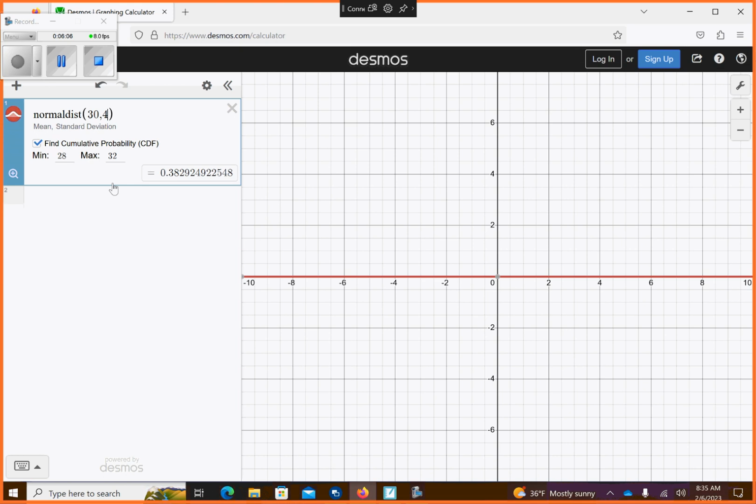And then the length of films released in Hollywood are known to be normally distributed with a mean of 115 minutes, a standard deviation of 15 minutes. Find the probability that a single film will be longer than 95 minutes. So we can just use our normal distribution on this. We don't have to do standard error